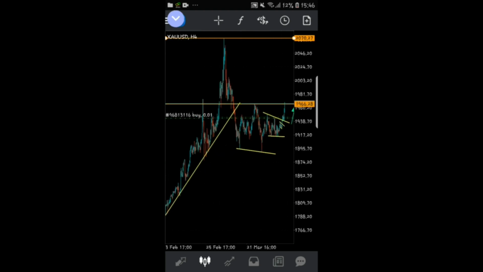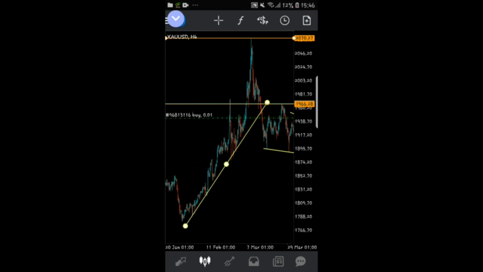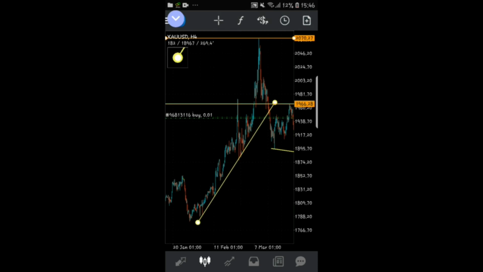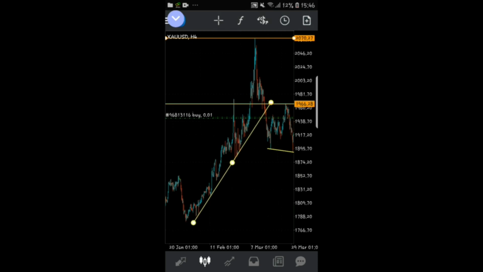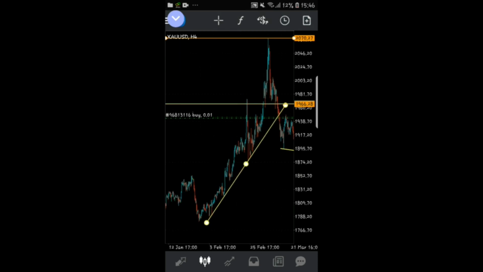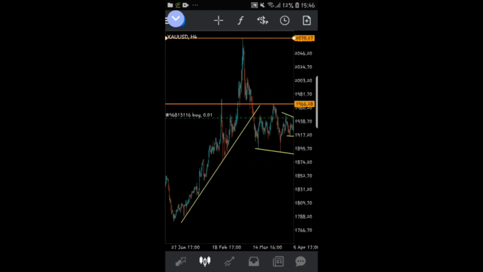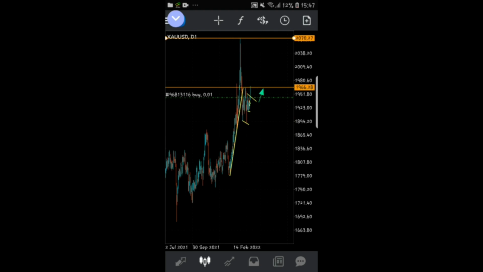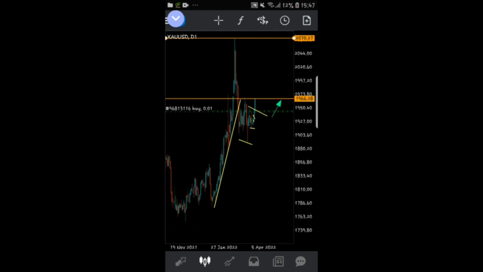So, like I was saying, you can see that I've drawn this trend line over here, because this has been the movement. So the moment gold starts selling, the moment gold now starts giving me sells, let me go to the daily time frame. The moment gold starts giving us sells, because of the 90% rule, I'll be anticipating gold to come all the way either up to this level over here, or at least